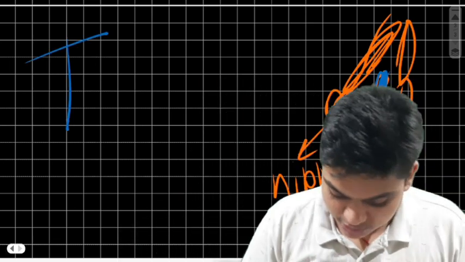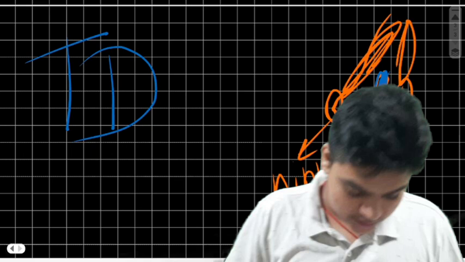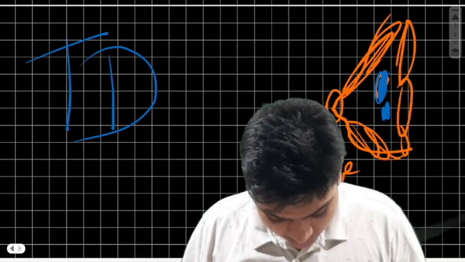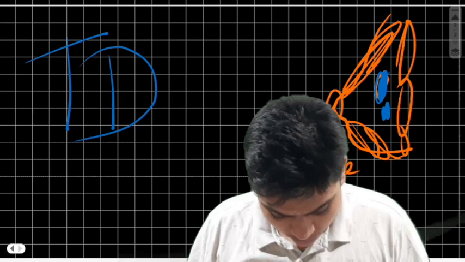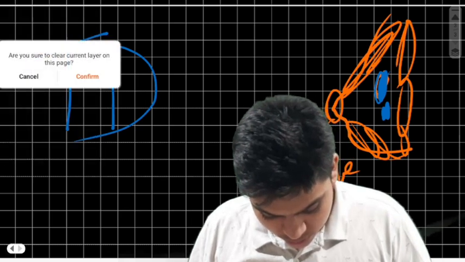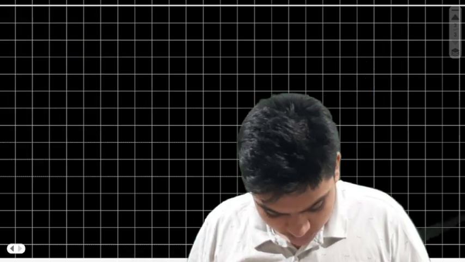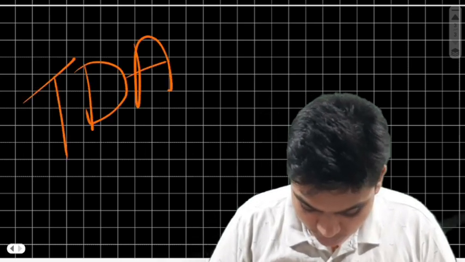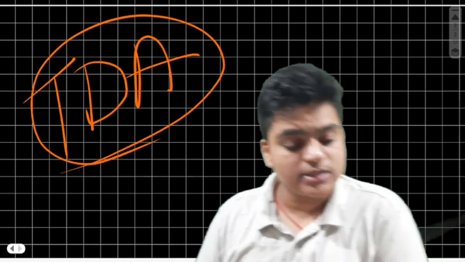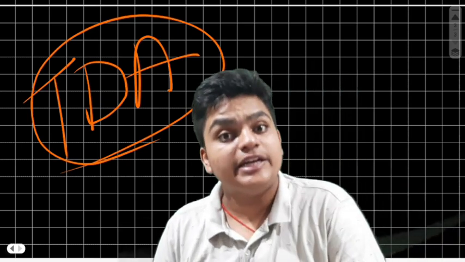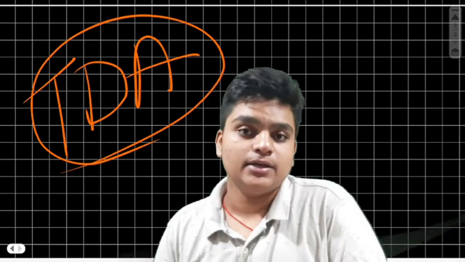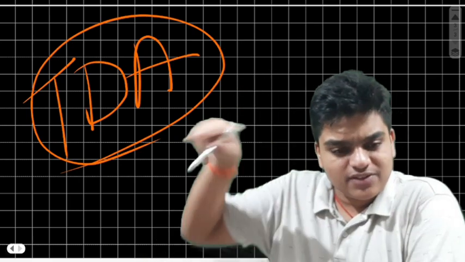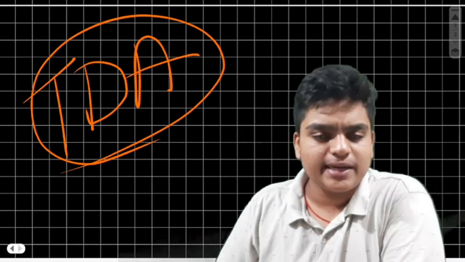There was a trick which our sir told us, that is to remember TDA. Have you ever heard of TDA? What is TDA? Tobacco, drug abuse, that comes under human health and disease. Now, what is the connection with the TDA trick? The trick is that